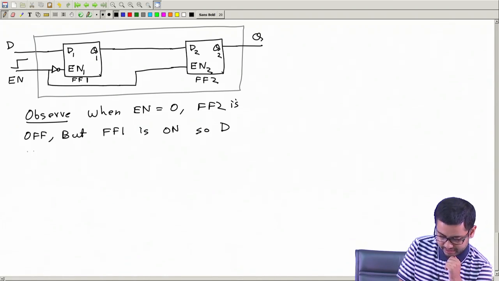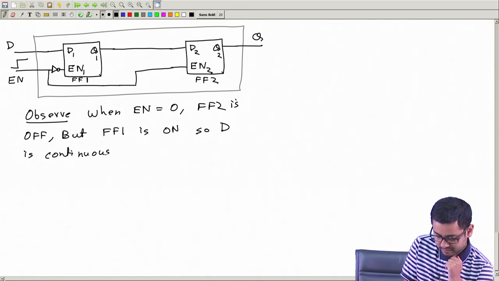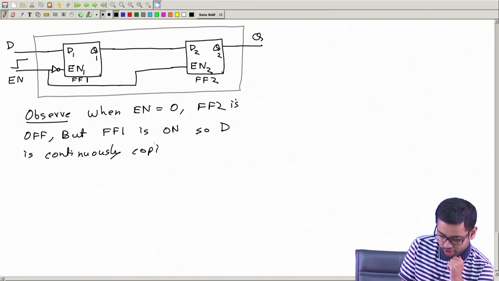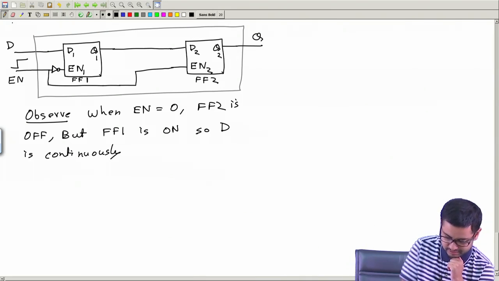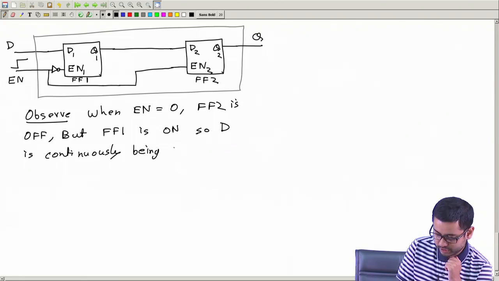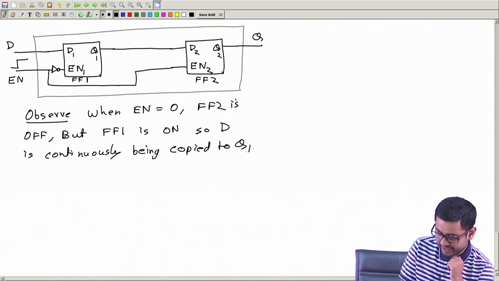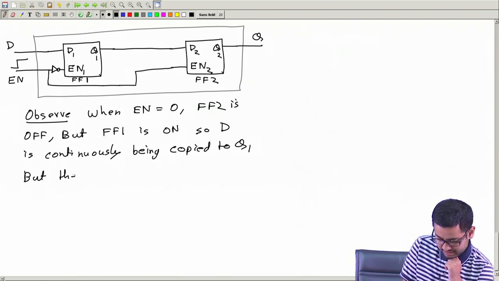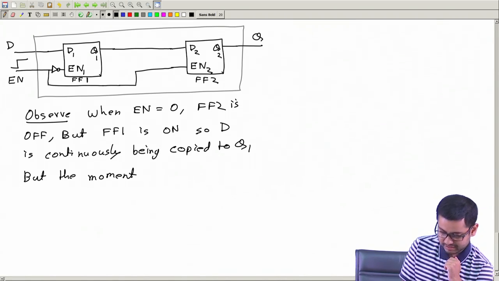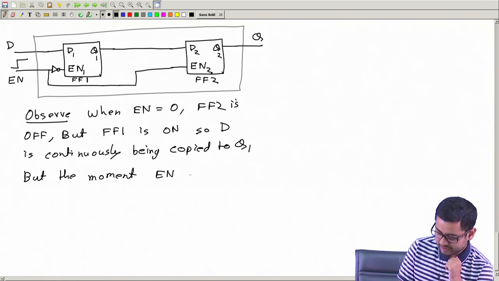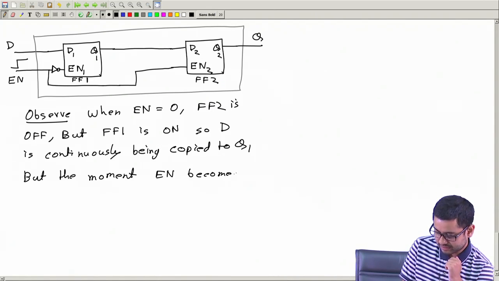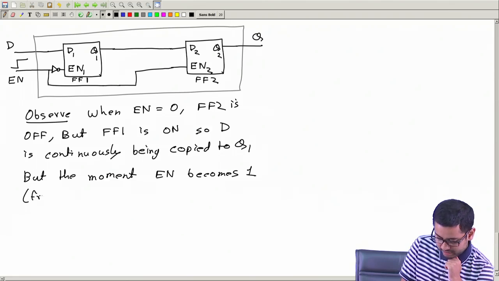So D data is continuously being copied to Q1. This is a temporary or intermediate value. But the moment enable becomes 1 from 0,